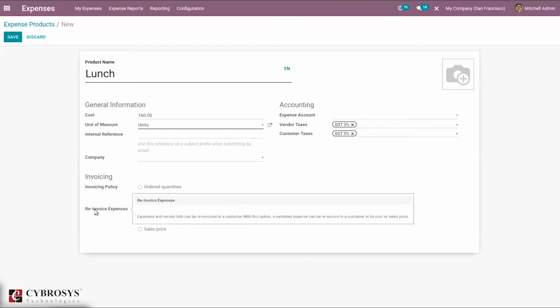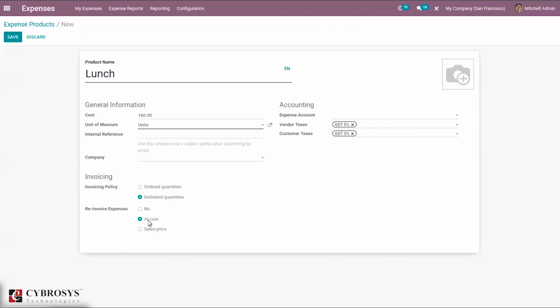Then here we can set re-invoice expenses. That is, expenses and vendor bills can be re-invoiced to a customer. So with this option, a valid expense can be re-invoiced to a customer at its cost or sales price.